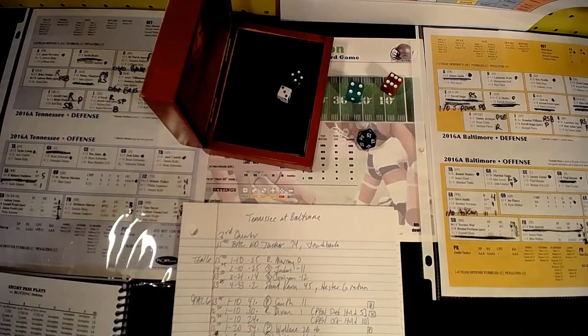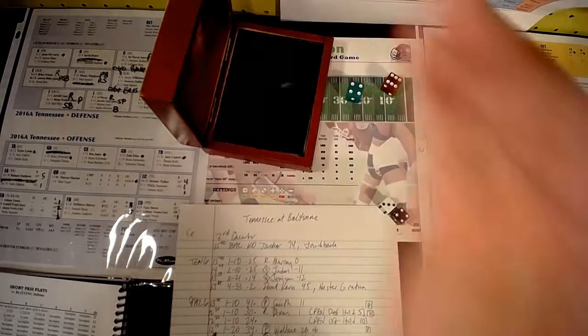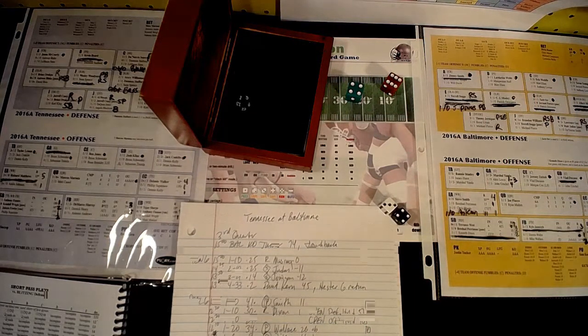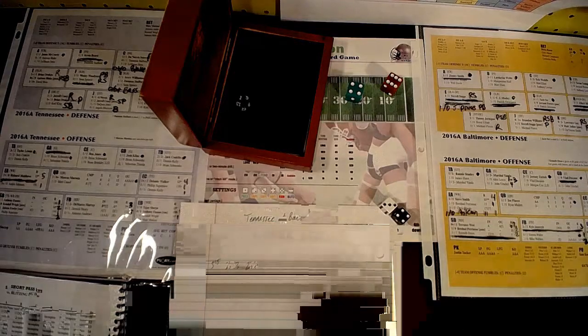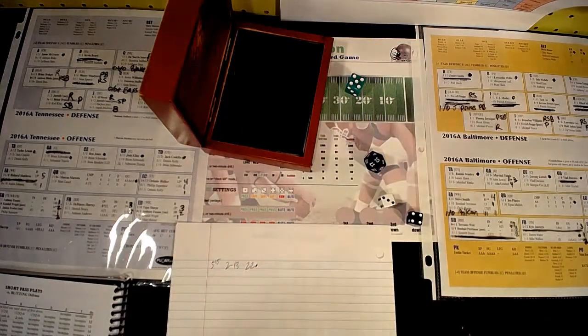43. It's quarterback a 0 pass. Mariota's a 1. So secondary man's wide open for 12 yards on the cue. So let's see. Short pass 1, so that will be to Rishard Matthews for 12, and that's going to get just about half of that back. Okay, so that brings it to second and manageable. They are going to go ahead with their regular sets here. And they're going to try...